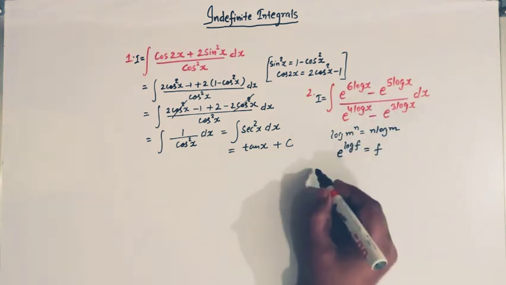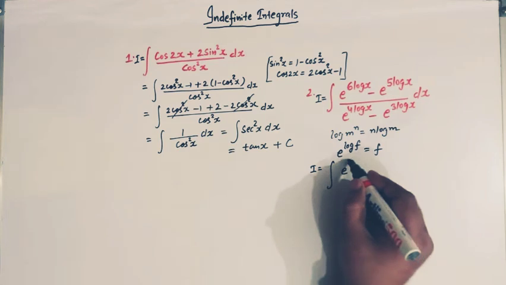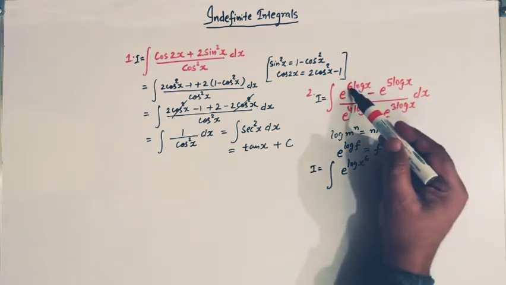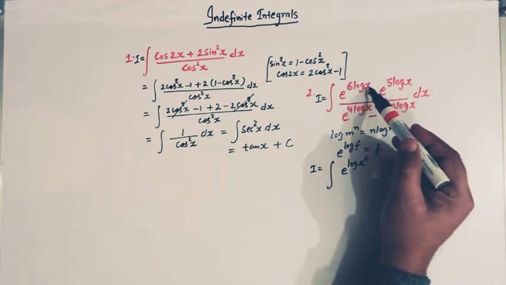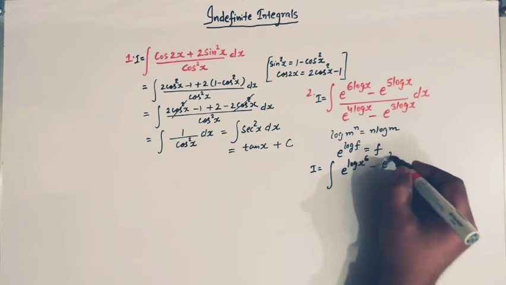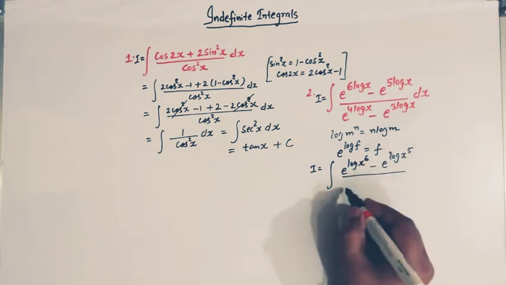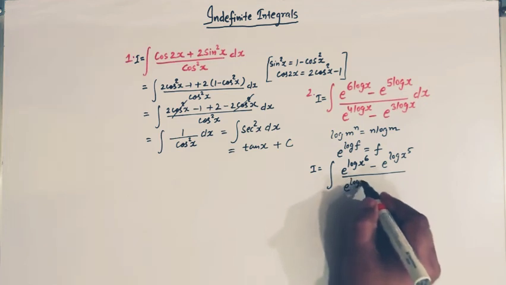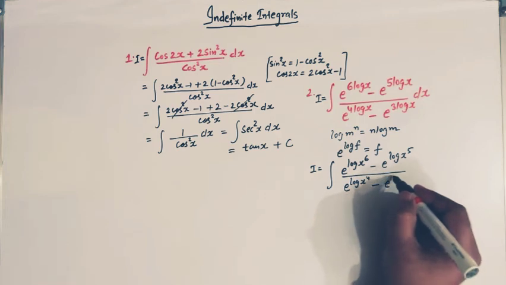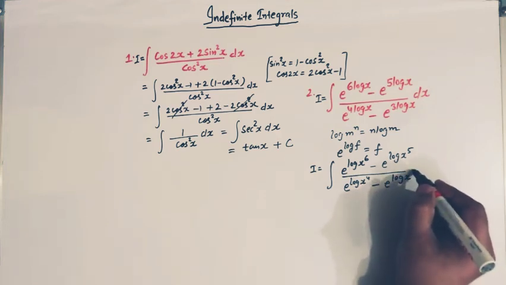So this integral I can now be written as e raised to log x raised to 6, because this 6 can be written as a power of x, and similarly here we have e raised to log x raised to 5 divided by e raised to log x raised to 4 minus e raised to log x raised to 3,